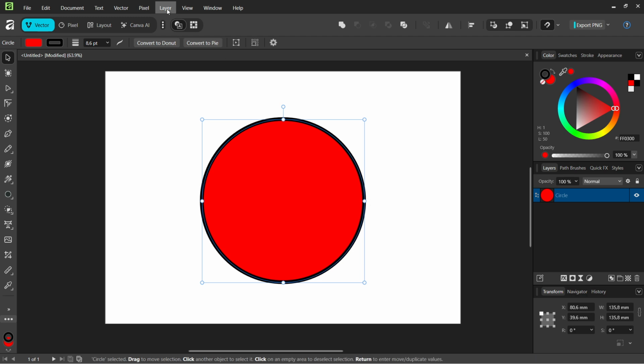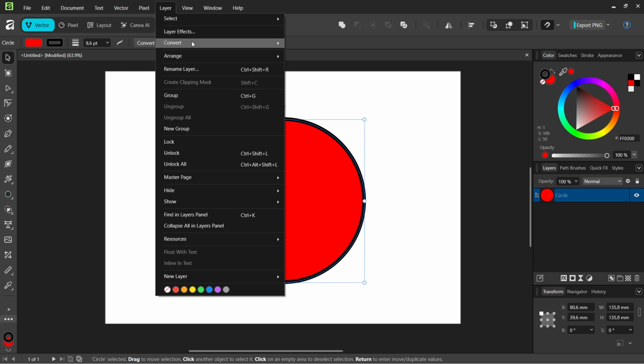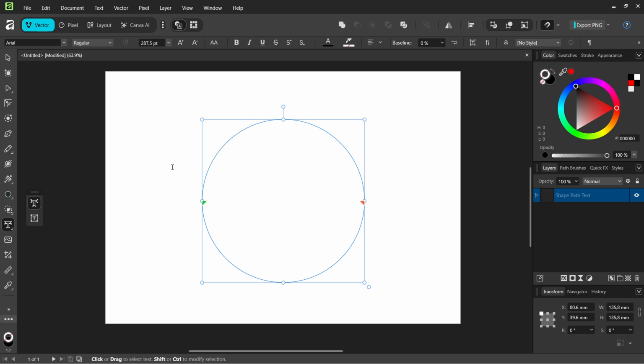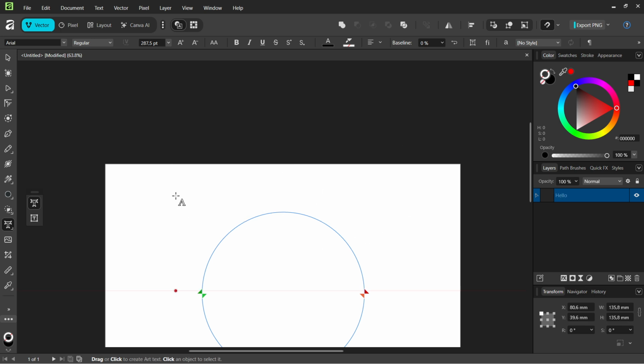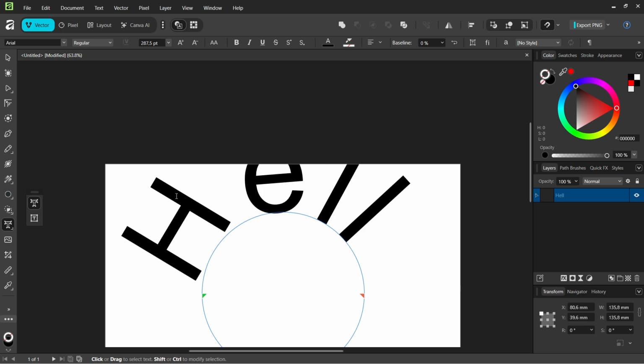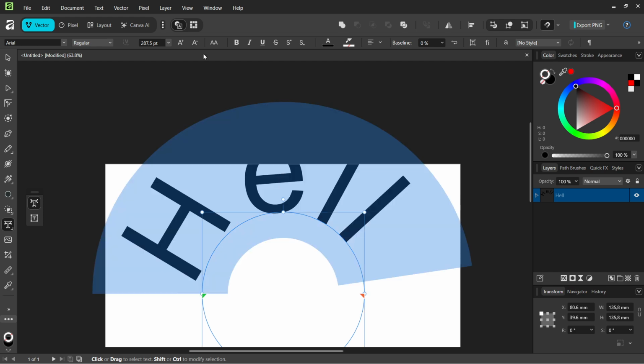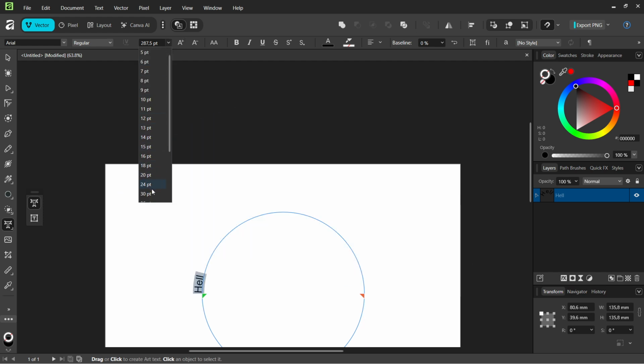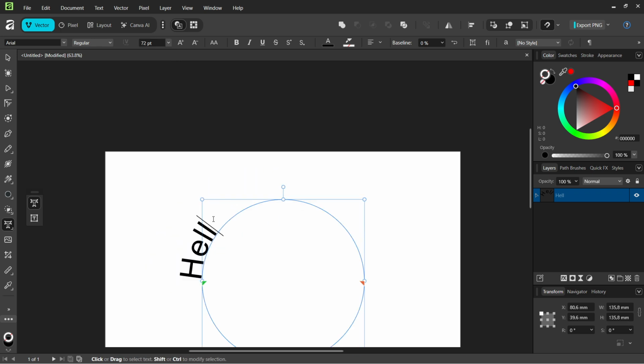Click on it, click on up top where it says layer, and then hover over convert, and click on to text path. When you do this here, it's going to automatically pop this blinker, and if I go ahead and type in, for example, hello, it's going to already start typing in a circle. However, this is too big right now, so I'm going to select it, and I'm going to actually make it a bit smaller, and I'm going to do, let's say, 72, there we go,